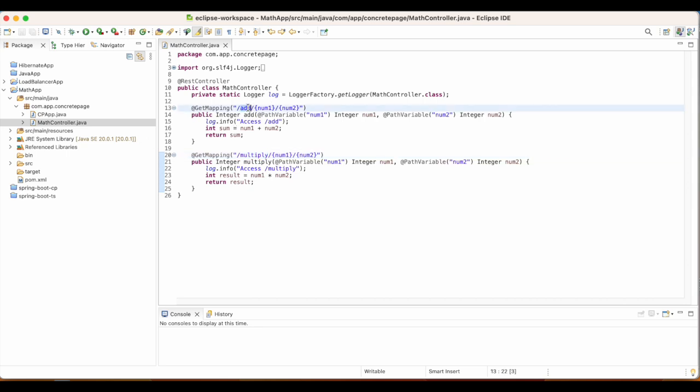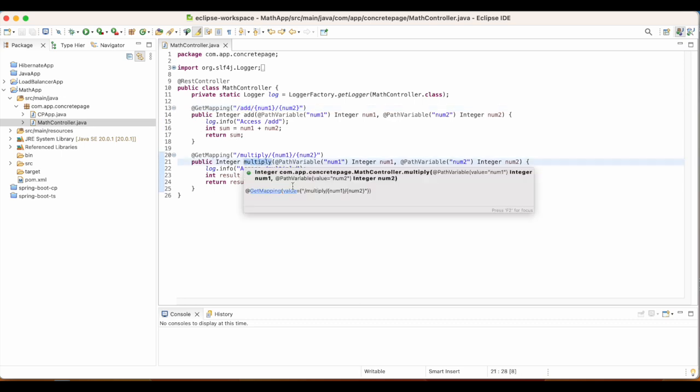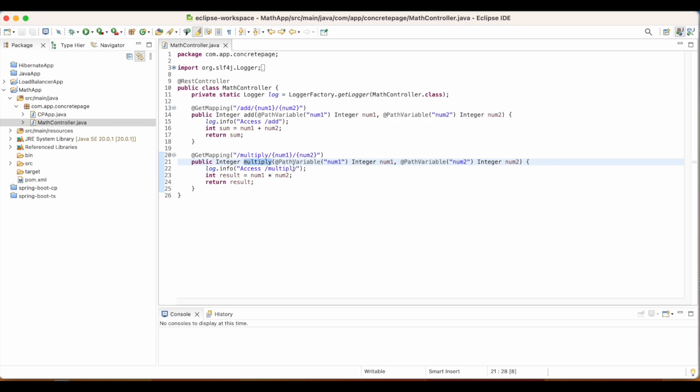In the add operation, they will add those numbers and return the sum, and in the multiply operation they will be multiplied and the result will be returned by this function. This is a simple REST web application.